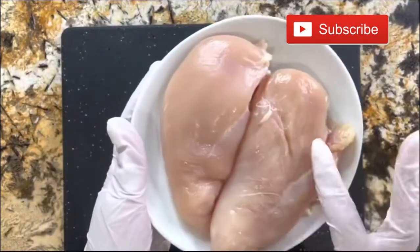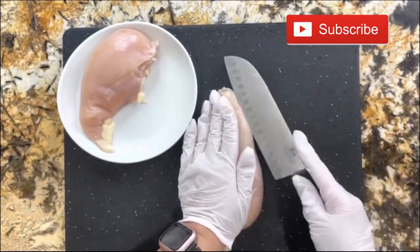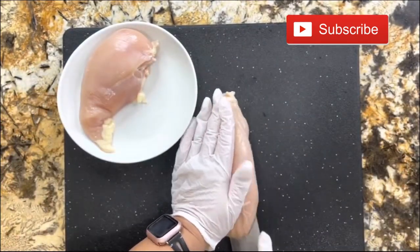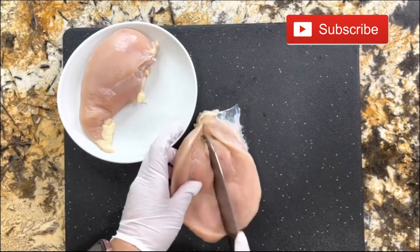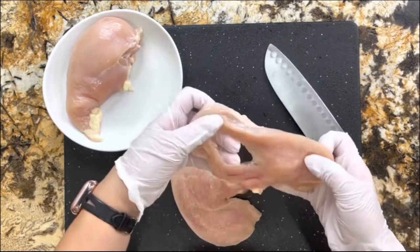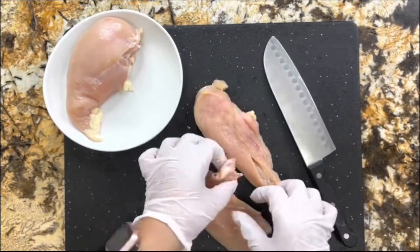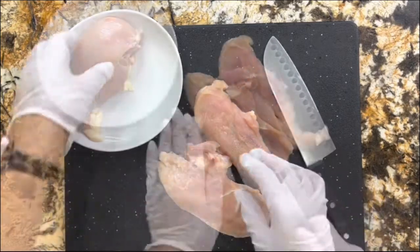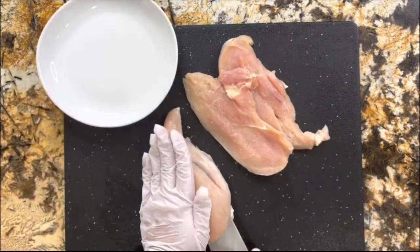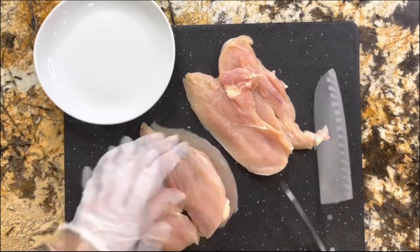So let's get started. I want to start here first with the 2 chicken breasts. I'm going to go ahead, slice them through the center and separate just like that. The chicken breast is really going to absorb the delicious and amazing flavor of the Loroco. And once you slice your chicken breast just like that, you could cube it, but I really just like it